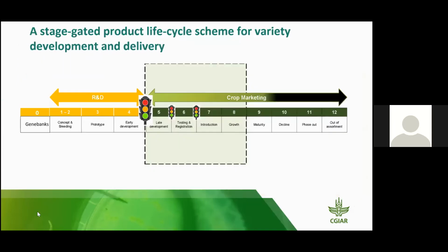So if we zoom in a little bit further, this is a diagram which we call a stage-gated product lifecycle scheme for variety development and delivery. Now these stages are borrowed from the private sector, the way a private sector seed company would think about this evolution: this stage-gated system from breeding, R&D here in the orange, that's breeding, through to crop marketing and what they would call commercialization, what we would call dissemination or delivery of seeds of those varieties to farmers. And they break down these stages into numbered systems, so that 1 to 4 is R&D